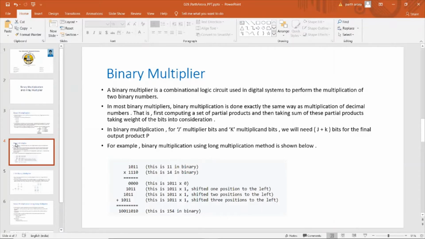And one thing to consider and remember is that if we multiply a j-bit multiplier number with a k-bit multiplicand number, then we will need at least j plus k bits to store our resultant product.